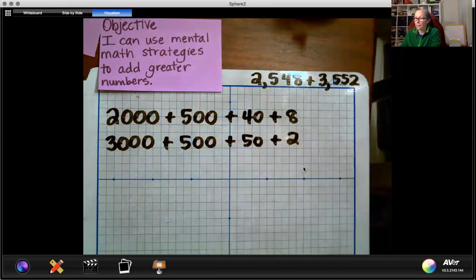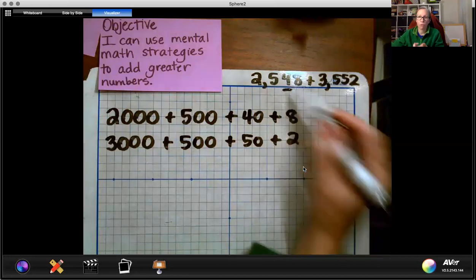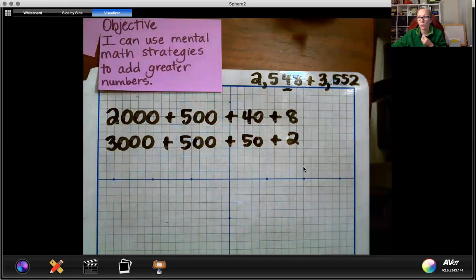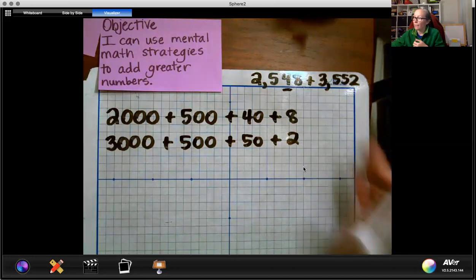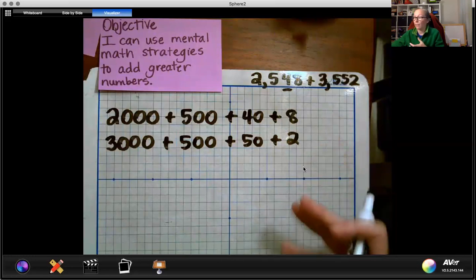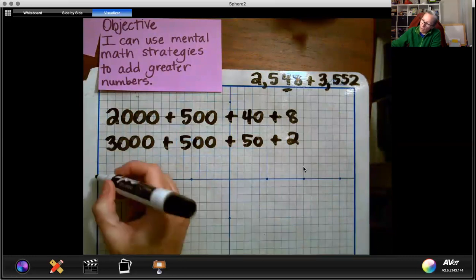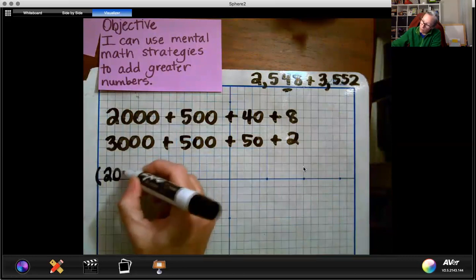So you may already see some ways that this is going to come together into addition. This is another way of almost pulling apart the digits and giving them the zeros that they have. So, for example, in the number 2,548, this isn't a 4. It's a 4 in the tens place, so it's actually a 40. And so writing it this way gives us a chance to work with it as the quantity that that 4 represents. So I'm going to rewrite this where we add the thousands together,